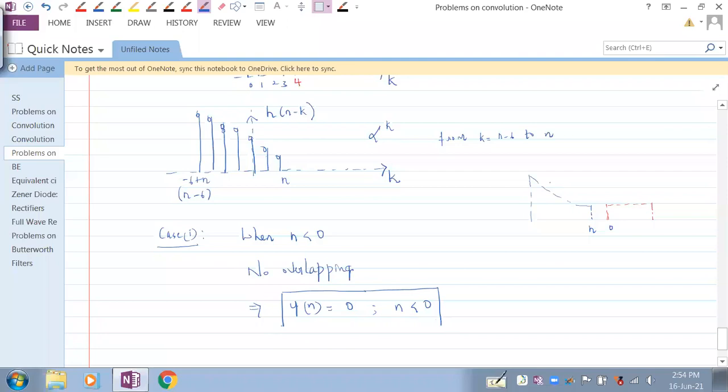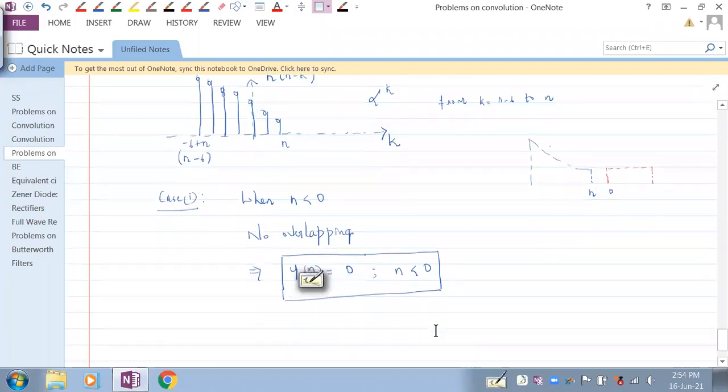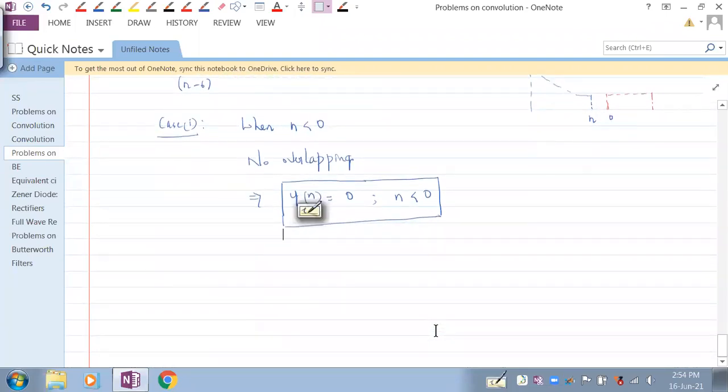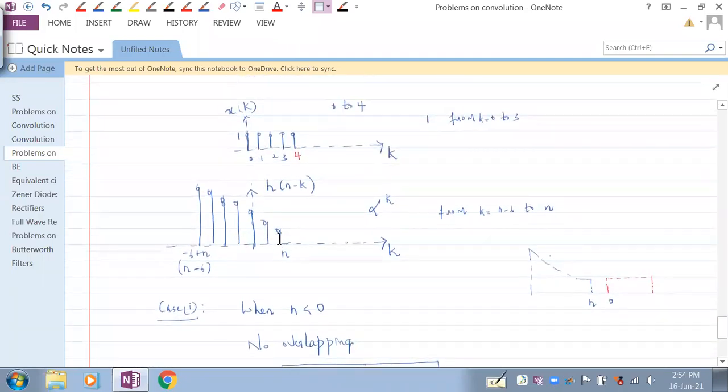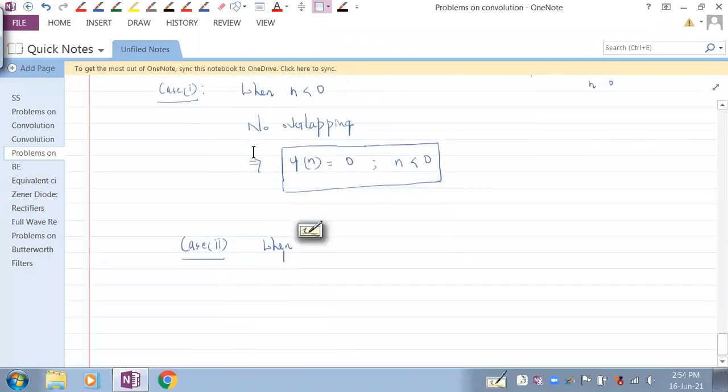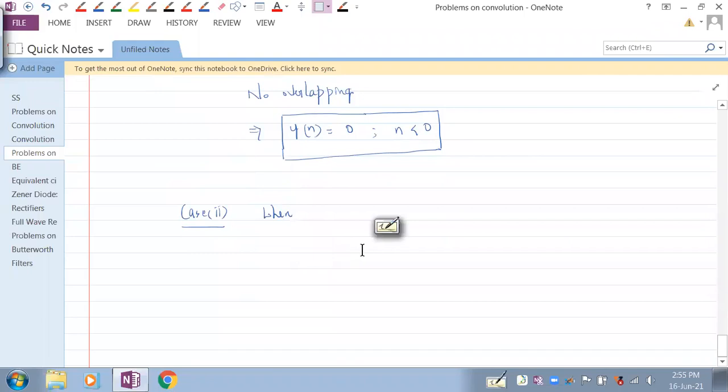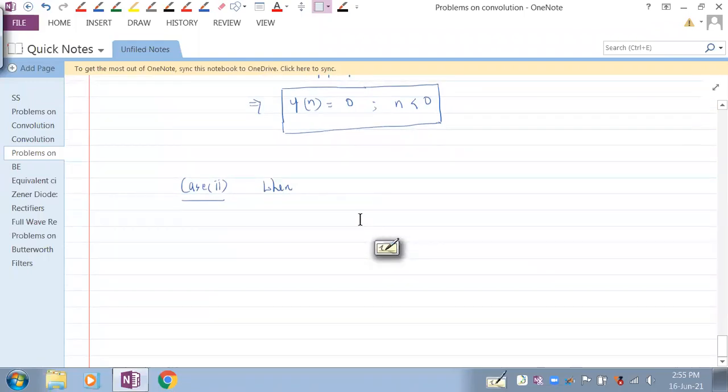Now let's see case number 2. Very important. Okay, let's understand this. Very challenging also at the same time. When n equal to 0 we obtained. Let's see case 2. When, see here, everybody, I'll just bring this signal, this n I'll make greater than or equal to 0. Fine. And I'll write that signal also. Okay, to understand this, let's do this exercise. It's better we do this exercise.